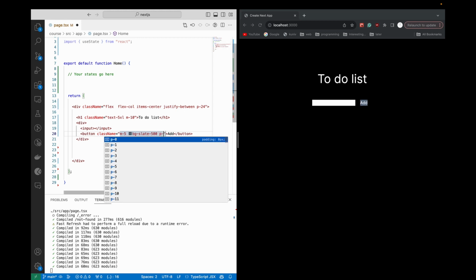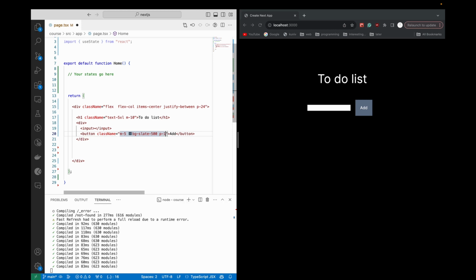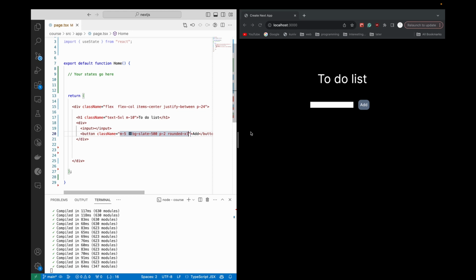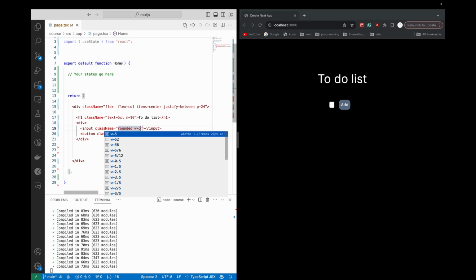Okay, some padding of, say, 3, and make it rounded. More rounded. Okay. I want to give this one some classes as well. Maybe make it rounded. Yeah. Make it bigger or longer. Okay, 5 is very small, so